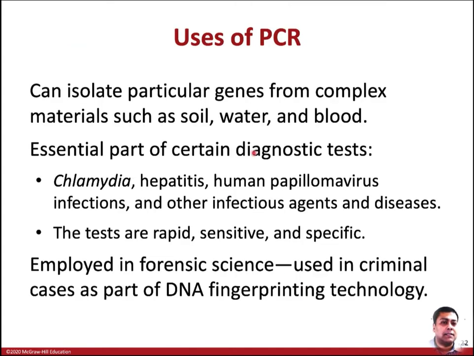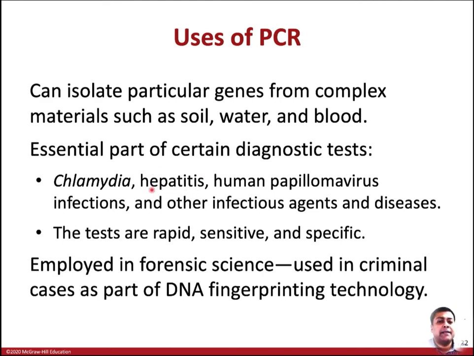What are the other processes? You can isolate a particular gene from a complex material like soil, water, blood. Diagnostic testing is huge: Chlamydia, hepatitis, human papillomavirus. Think about how we do that. Suppose we all know the sequences of the hepatitis virus, the whole genome. You just make a primer, which is commercially available, and those primers will have complementary sequence to specific hepatitis virus genes. So if the patient is suspected to have hepatitis,